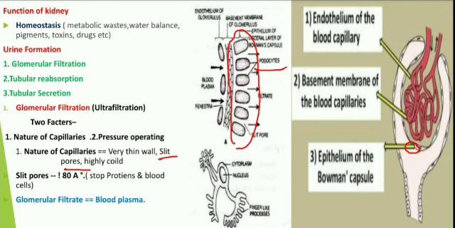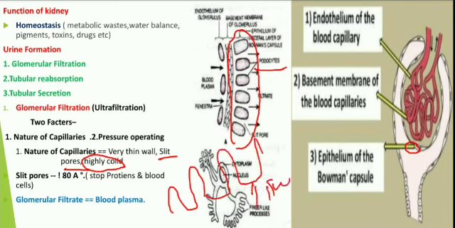Next, the glomerulus shows more folding; it is very highly coiled. When it becomes highly coiled, it increases the surface area, and more surface area leads to more reabsorption. That's why for reabsorption or any kind of filtration, it depends upon different factors, and those are the thin wall, slit pores, and highly coiled blood vessels.